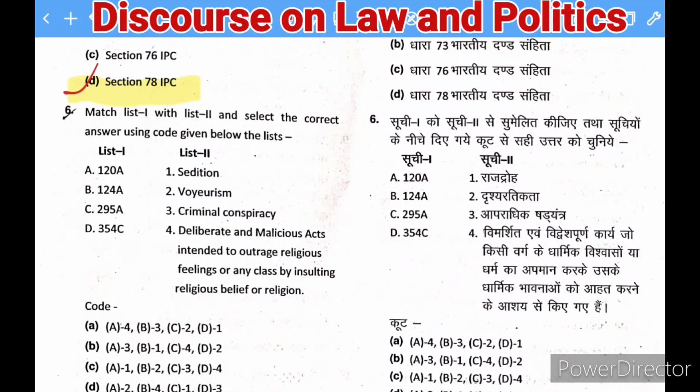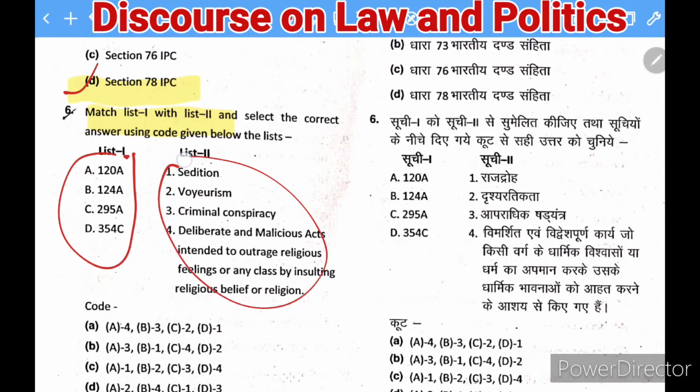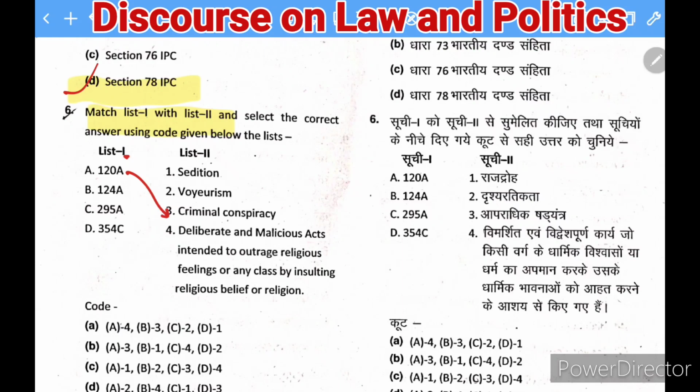Now the next question is again matching list 1 and list 2. On the list 1 side you can find specific sections of the IPC. On the list 2 you can see the specific provisions of the IPC. And now we have to do a matching of this one. So you all know that. How can we do this? Just a second. So 120A is about the criminal conspiracy, 124A is about the sedition,